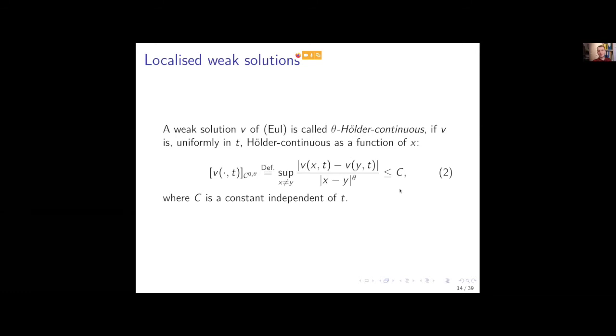And so, for example, you could ask, are the solutions Hölder continuous? Or what solutions are Hölder continuous? Or what do the initial conditions have to look like so that the solutions become Hölder continuous? And are there solutions that are Hölder continuous? All of these questions you can ask, right? And how many are there? So these are the questions I'm going to look at.